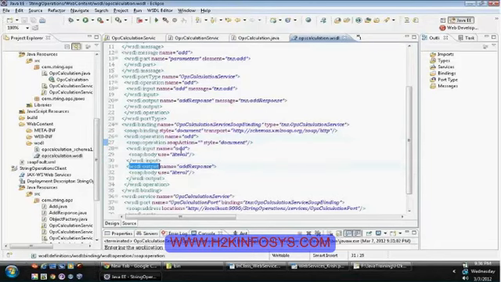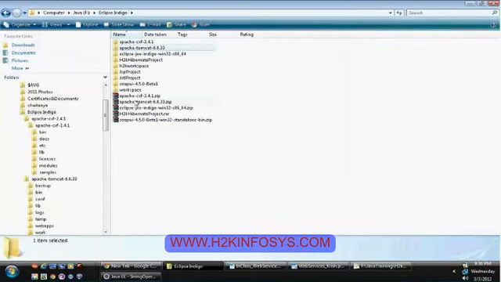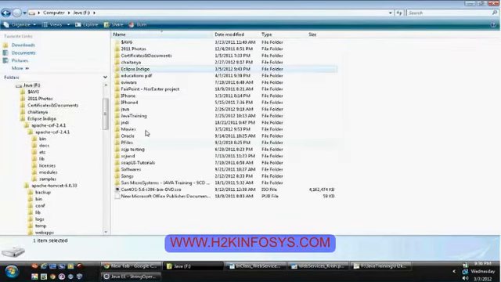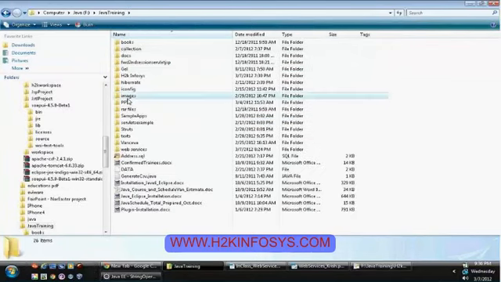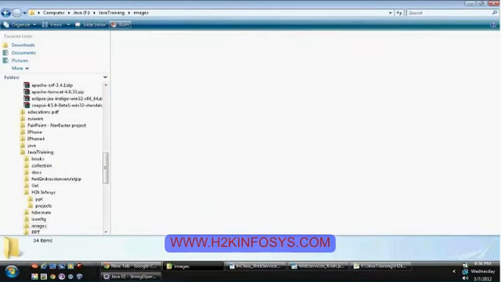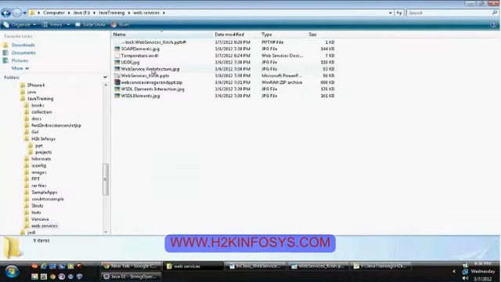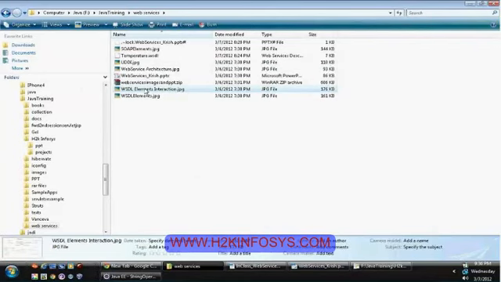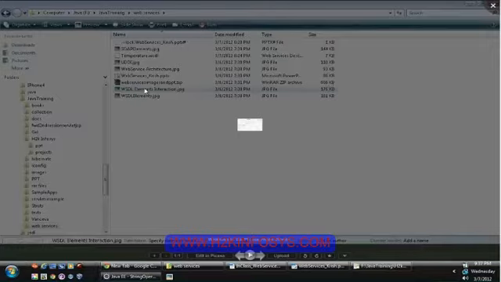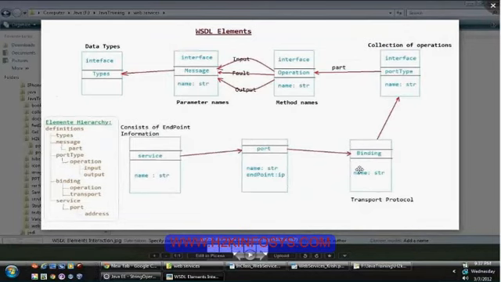So each and everything will be separated. Go to our image file. See, each and every element has a definite purpose.